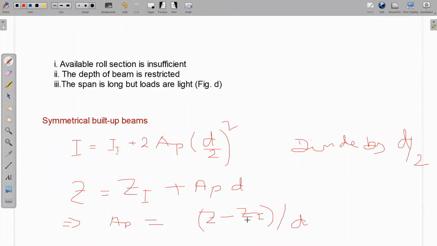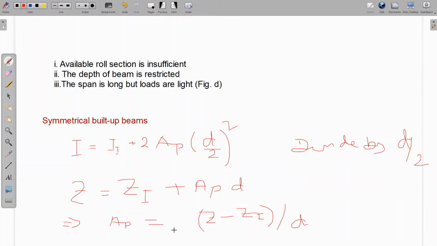an I section with section modulus Zi, and the area of the flange plate, or area of the cover plate, required is AP for each side. Now see, we will be using some kind of rebates and all those things. So to cover up all these things, and also because you have approximated here, in place of D plus T, you have simply written T, you have ignored it, you have to increase this value by 20%. Whenever we are going to design it, you have to choose this AP in such a way that whatever the value coming from this equation is increased by 20%.